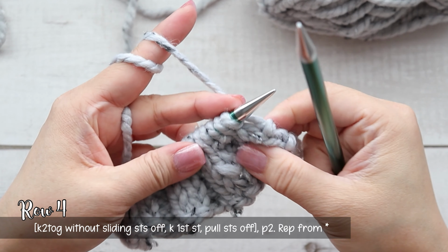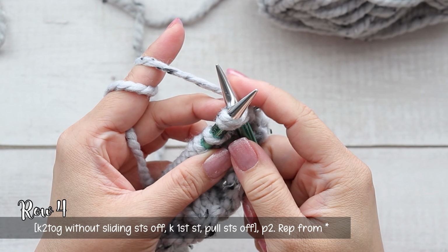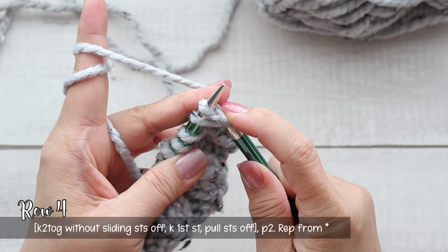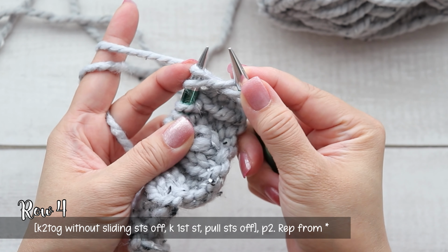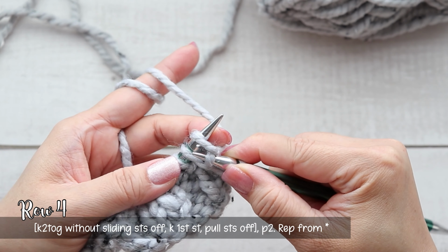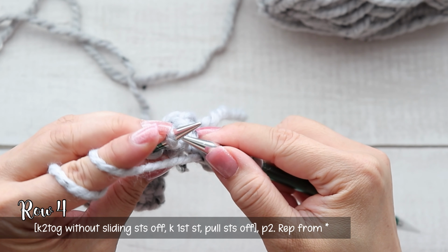So for row 4, we're going to knit 2 together, and this is a right twist. Okay, we're going to knit 2 together, and then you do not want to slide your stitches off just yet. You want to then knit the first stitch, so you want to insert your needle between those 2 loops and knit the first stitch, and then you want to pull it off your needles. Then you just want to purl 2,